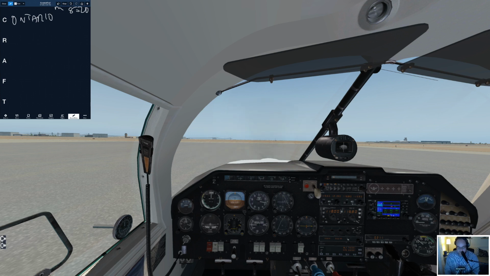Yuma clearance delivery, Mooney 3852 Lima is a Mooney M20 slant golf on the ramp with Mike, looking for flight following to Ontario International 8500. 3852 Lima, Yuma clearance, departure frequency 125.55, squawk 5724. 125.55 on departure, 5724 for 3852 Lima. 52 Lima, read back correct. All right, so we'll set up our